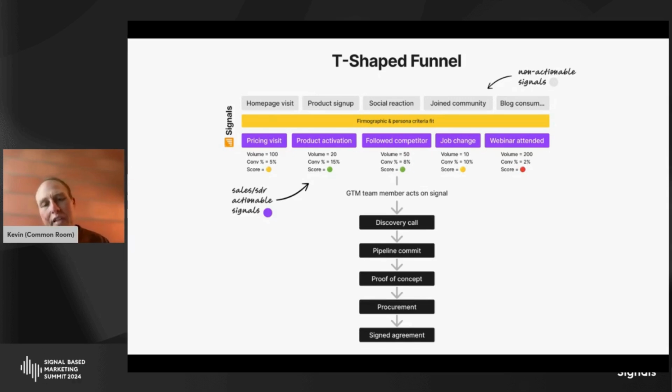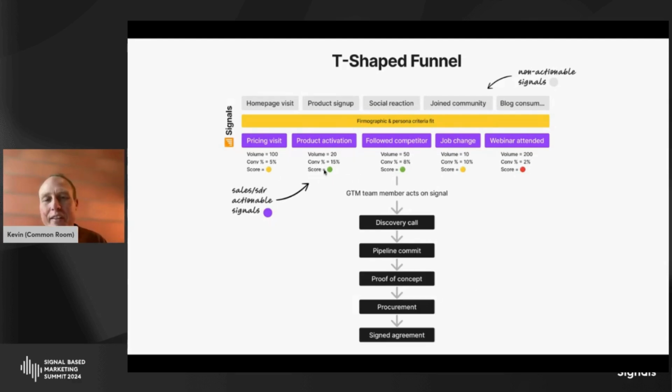So before a signed agreement, there's a procurement process. Before procurement, there's maybe a proof of concept or trialing your product. Before that, there's a salesperson doing BANT qualification and stamping pipeline. Before that, there's a discovery call. And then before that, there's